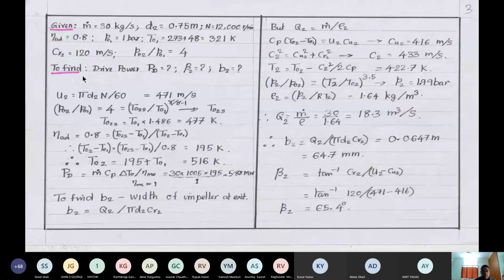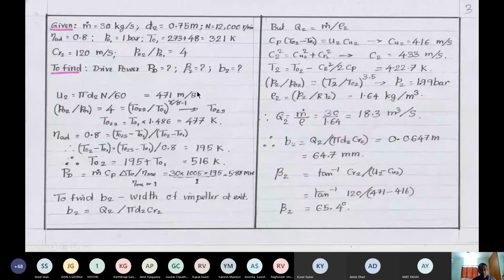Now first you can calculate U2. Okay, the tip speed equation is used. U2 is equal to pi d2 N by 60, and you get a very high tip speed. In centrifugal pumps, we have never reached this, and it won't be there. Much lower speeds. Even we have centrifugal fans. Fans are turbomachines that produce very little pressure. There usually the tip speeds will be less than 100 meters per second only. But in compressors, it is fairly high.